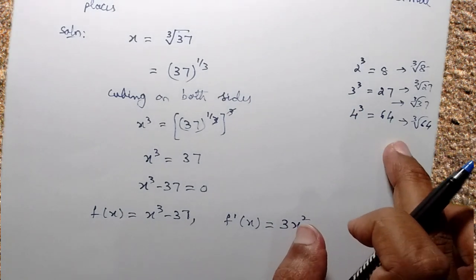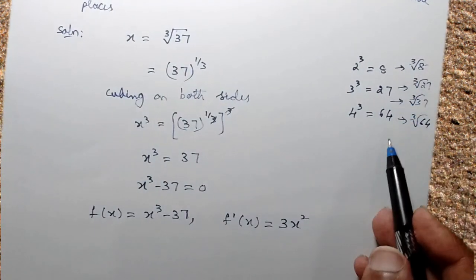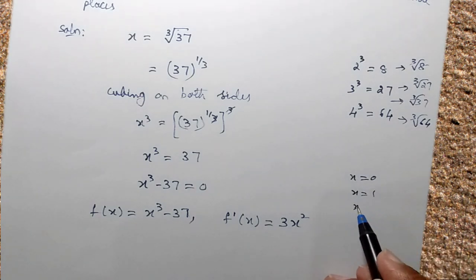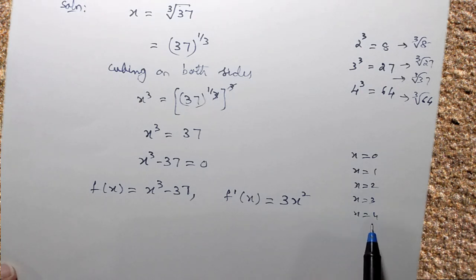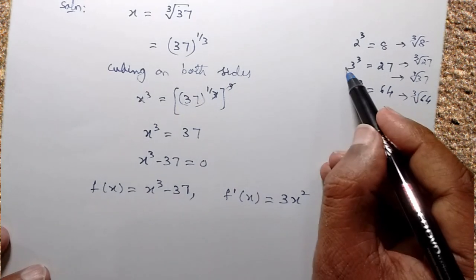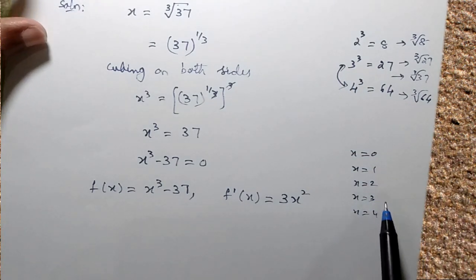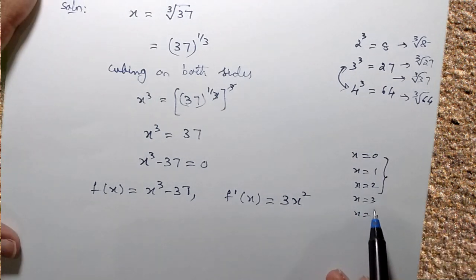You can use this method because he has directly asked the cube root. If you don't get this idea, then just put x as 0, x as 1, x as 2, x as 3 and x as 4, and try to check it. But I will not be checking for 0, 1, 2. I will just check for 3 and 4 because I know the cube root will lie between 3 and 4 itself. You can check for 0 to 1 and check. You will not be getting one positive and one negative. So this part I will leave as homework for you. So I will start with 3 and 4.